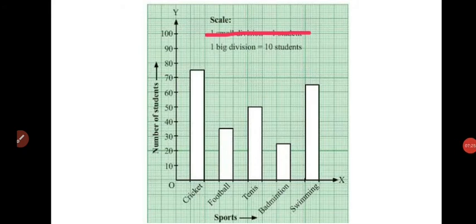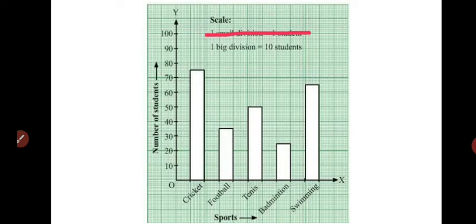Okay, after understanding the video, I come to the next example given on another graph paper. You can see we have the names of the sports along with the number of students. Now children, it is not necessary that the scale should be 5 students or 5 units. It can be different according to the numbers given in the table. If the numbers are big, you can take a scale of 10 centimeter also.